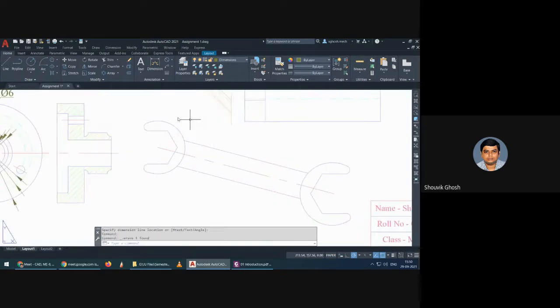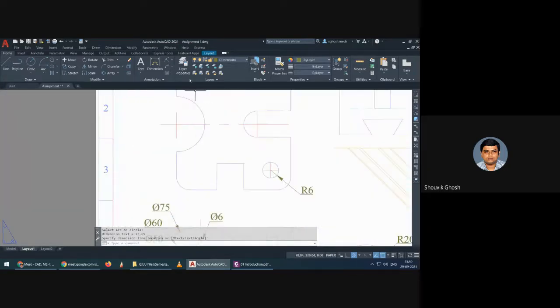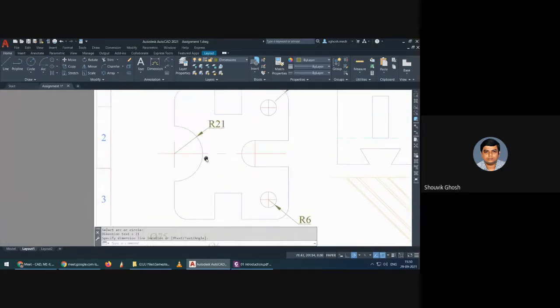Since here we don't need the diameter as there is nothing on the other side, we'll use the radius value for these cases. So you can see it has changed. These are okay.